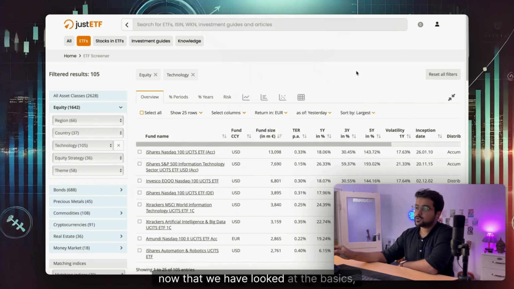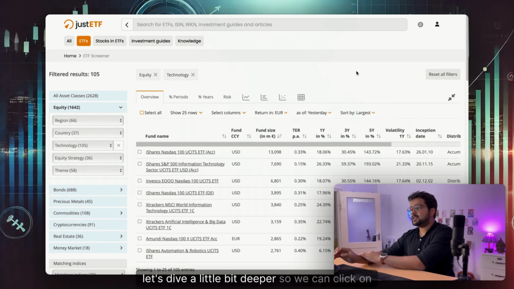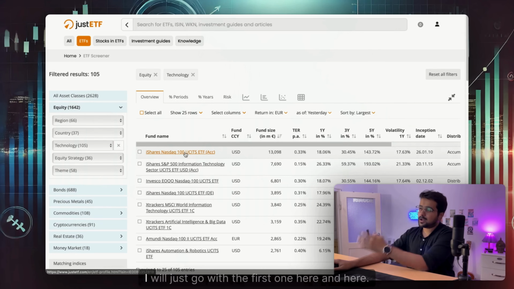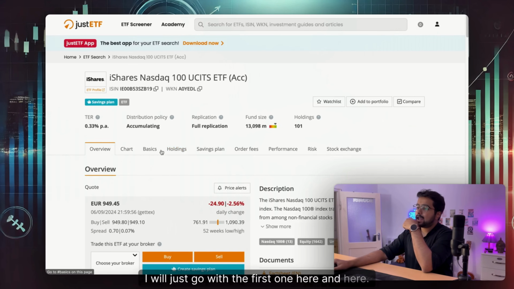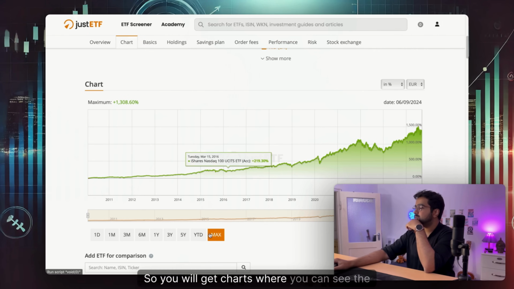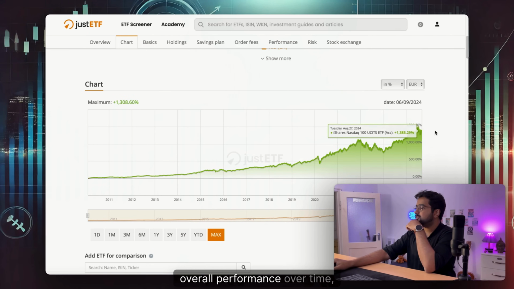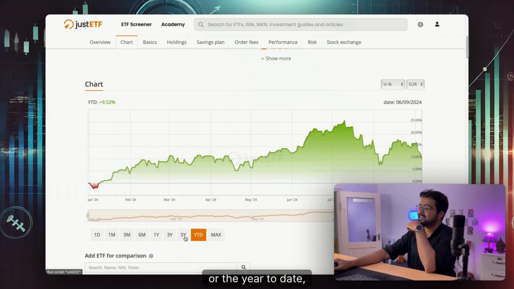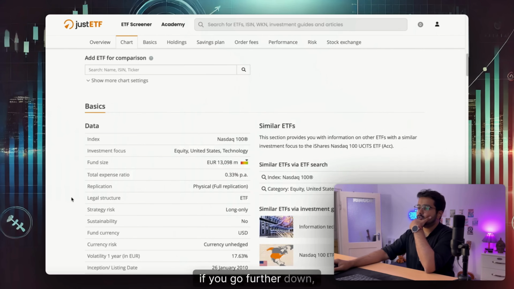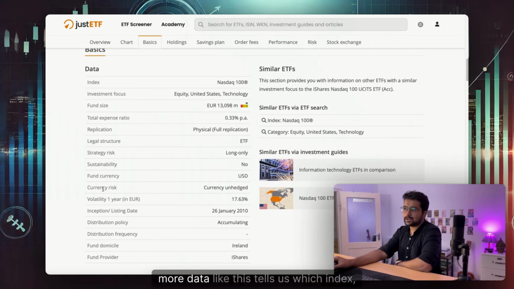So now that we have looked at the basics, let's dive a little bit deeper. So we can click on any of the funds that we find interesting. I will just go with the first one here. And here right off the bat, you will get much more information. So you will get charts where you can see the overall performance over time, or the year to date, 5-year chart, and so on. If you go further down, you will get a lot of data, like